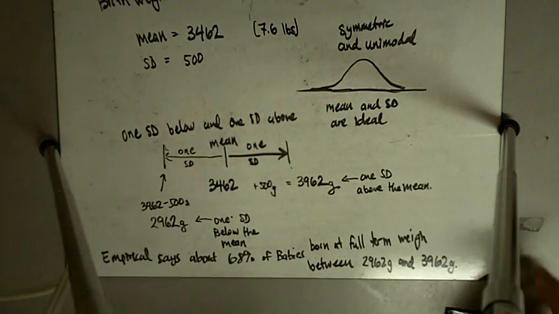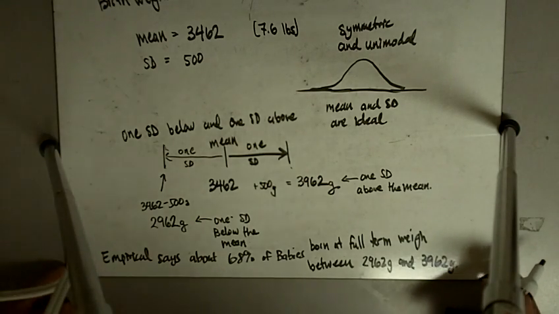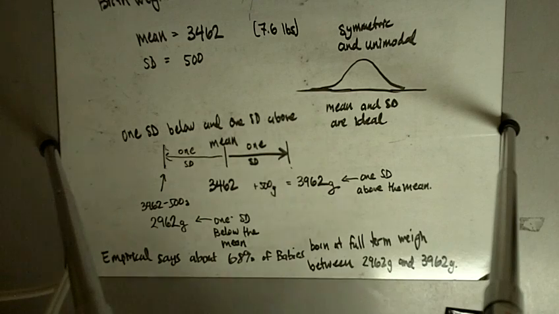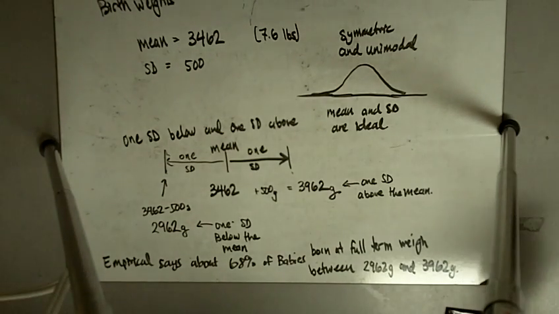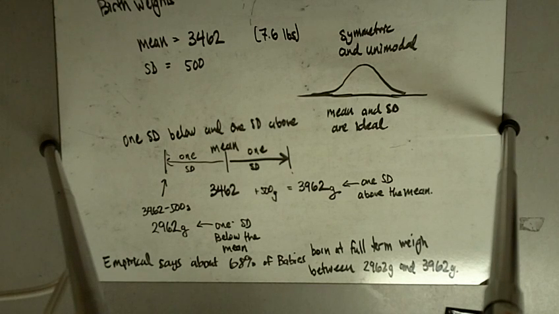Okay, and that's what the empirical rule says: about 68%, or about 2/3 of babies, are born within one standard deviation above and one standard deviation below. Now it asks, is a birth weight of 2,800 grams more than one standard deviation below